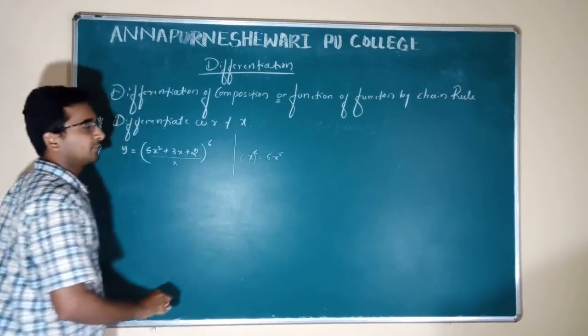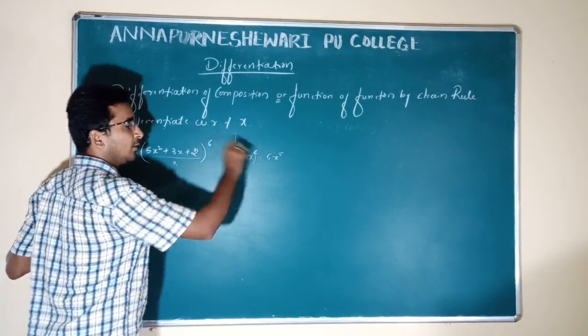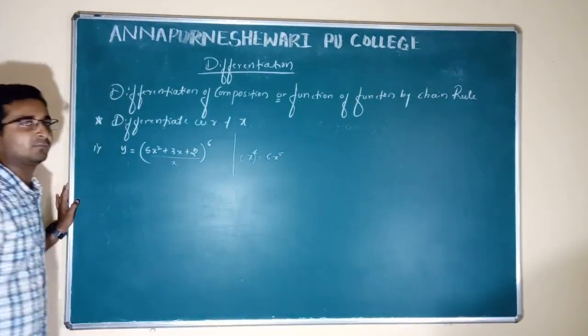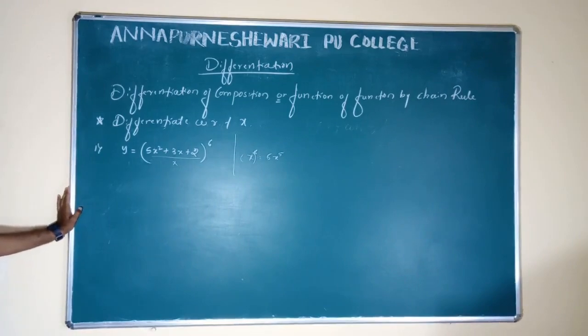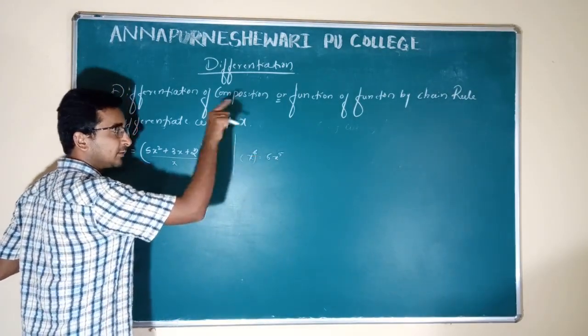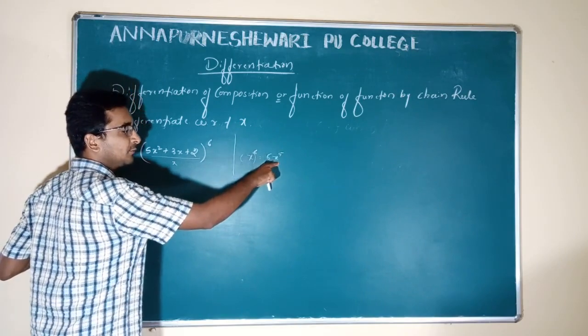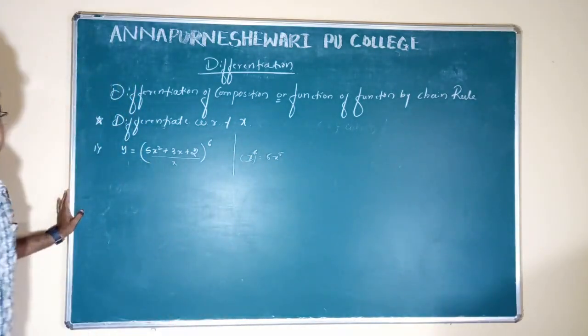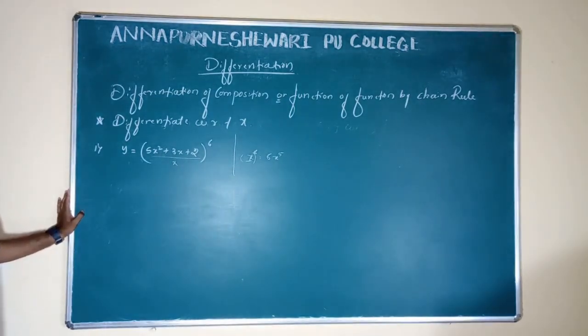I did only the differentiation for the order of the function. The order of the function may also be given in the form of a root. So at that time we have to apply it only to the order of the function. So x raised to 6, we have done the differentiation only for the order of the function. Next what do we have to do? We have to differentiate that x with respect to x.